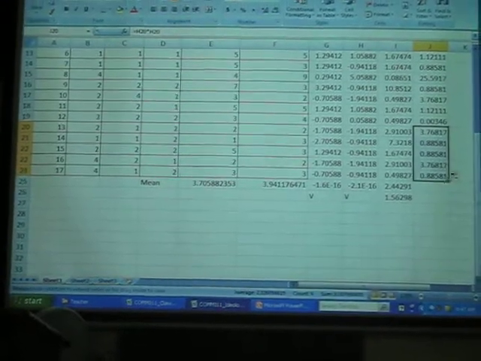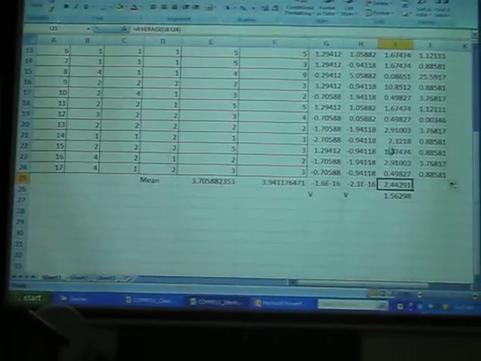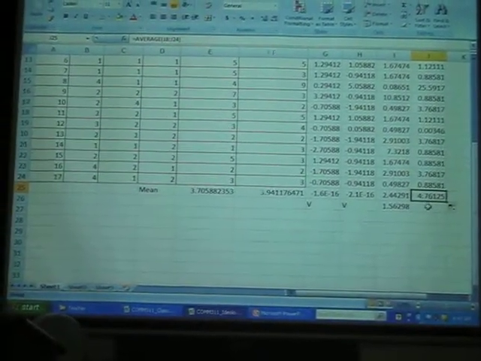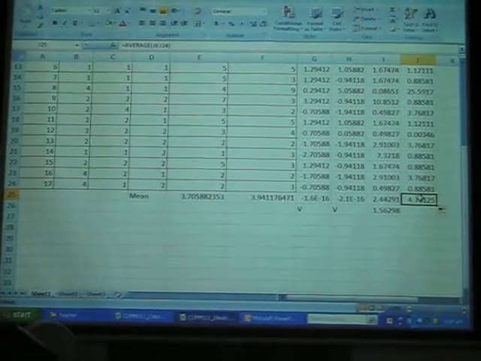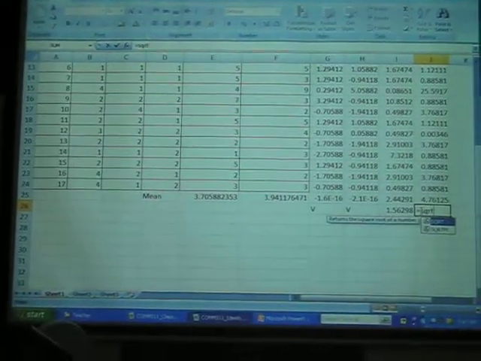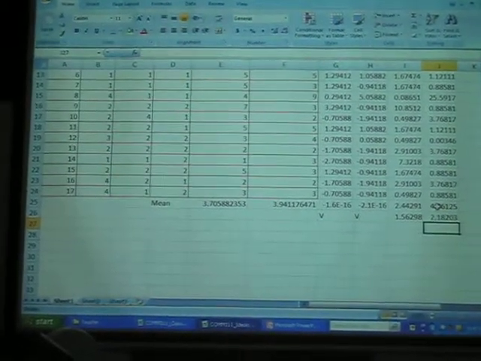There are many different ways to copy, and this is the average. So the average of all these numbers, so I can copy and paste. That's the variance of y. And then you do SQRT, parentheses, and click this number. Got it. Okay, that's the standard